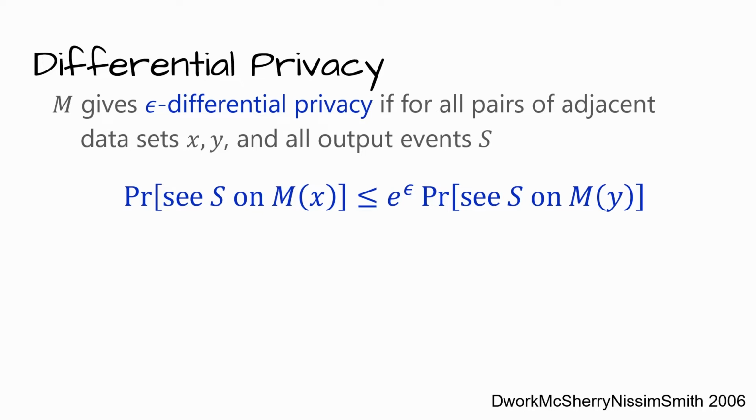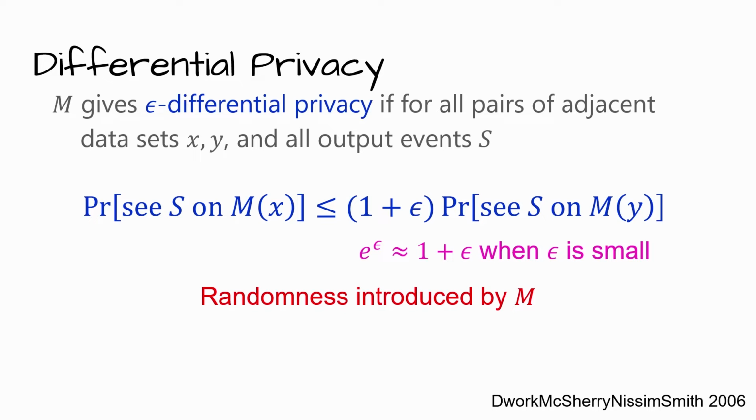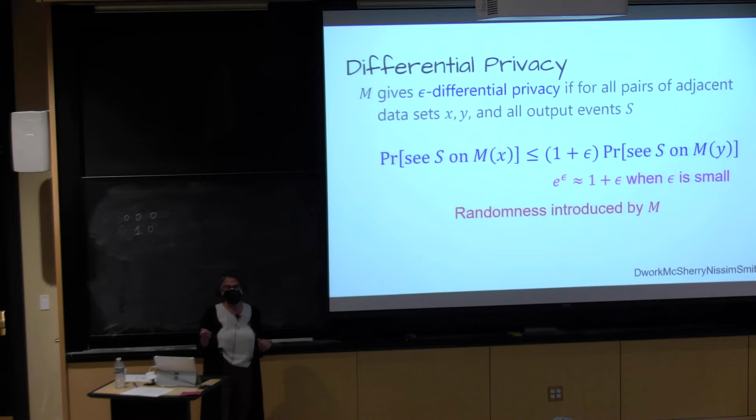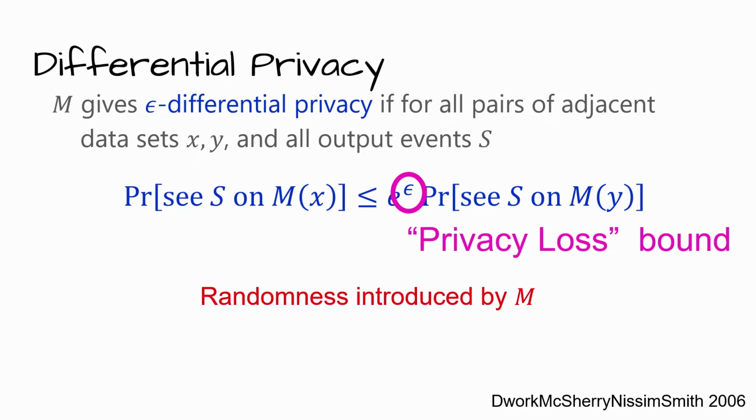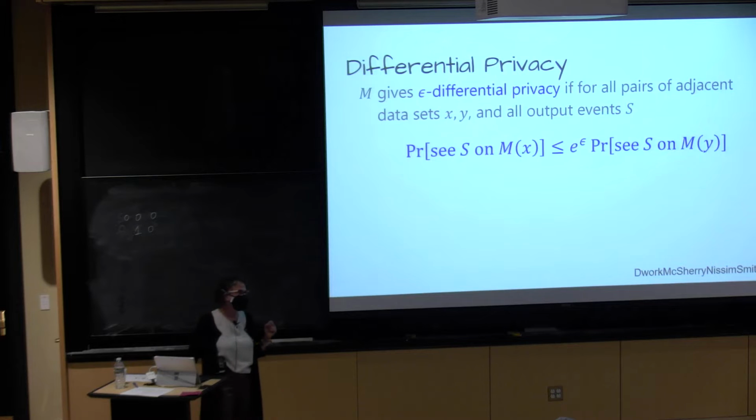Okay, so we've done the motivation and the English language definition. Here's the formal definition of differential privacy. First of all, our algorithms are often called mechanisms, and that's why we're using the letter M. Differentially private algorithms are equipped with a parameter that, roughly speaking, bounds the privacy loss. And we need one more definition before I can explain this to you, and that is the notion of adjacent data sets. So two data sets, X and Y, are adjacent if they're almost identical.